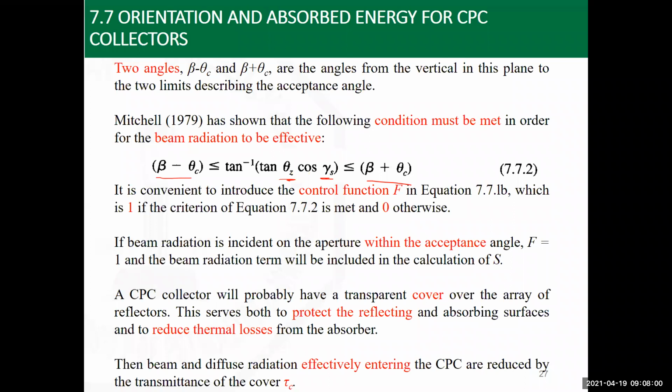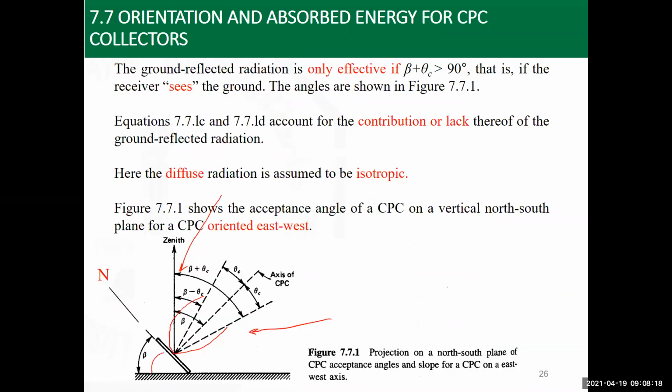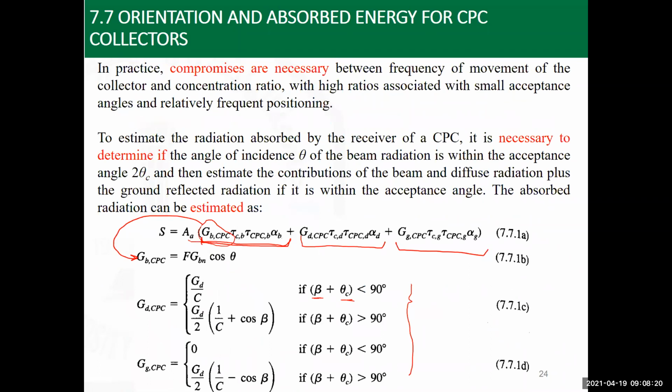So the value of F, or capital F, which is being used in the equation for the beam component of G, is actually dependent on this range that we can see here. If it is within the range, then the value of F is equal to 1. If it's outside the range, the value of F is equal to 0. What does this mean? It means that when you get to this equation, the factor F that we have here has to determine whether the normal energy which is falling is falling within the acceptance angle, so it will be